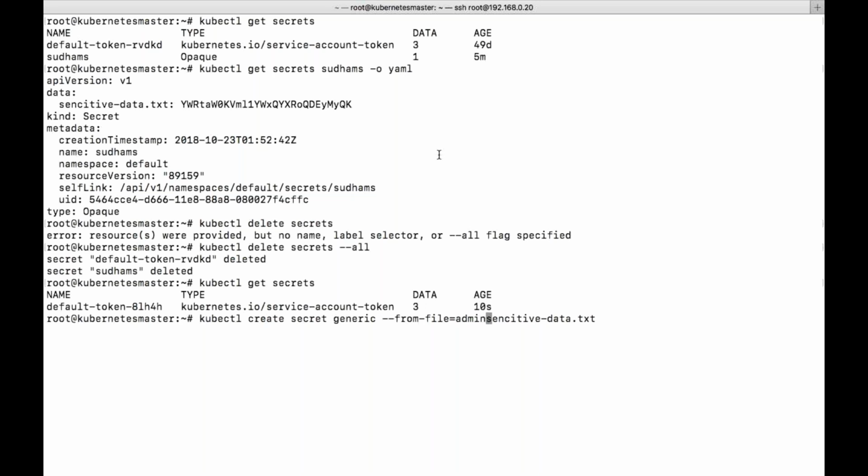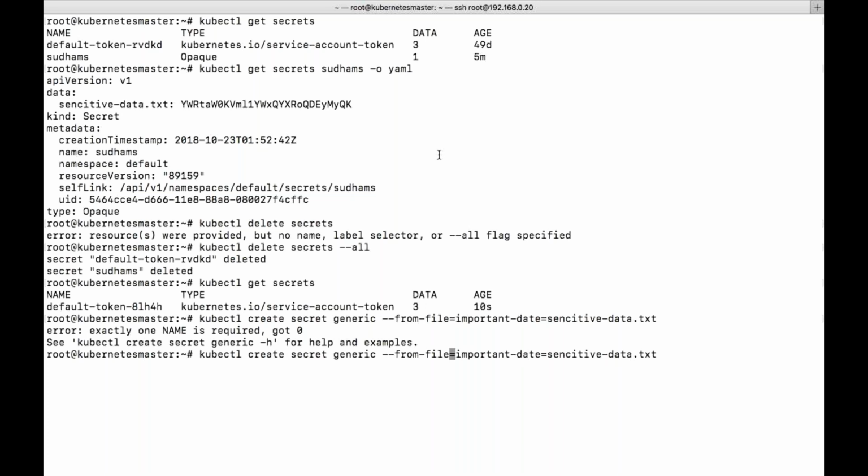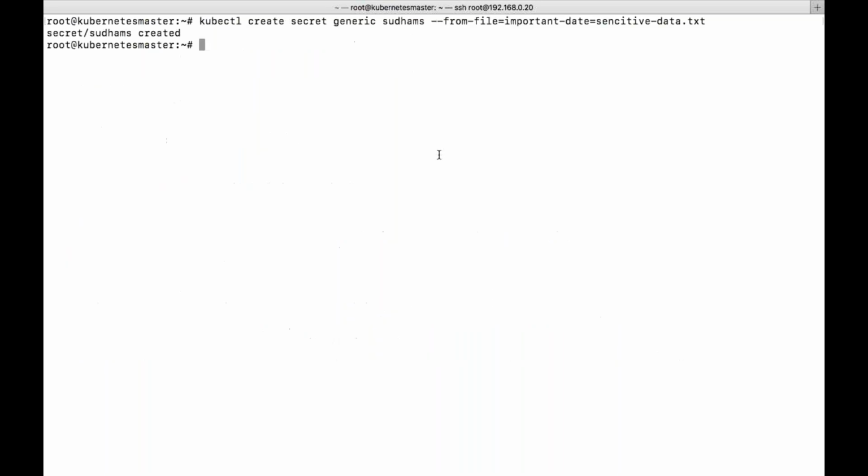Admin and password: I need to separate that particular file instead of doing it like this. If I say it like this, important data, and just create, let's see the information.